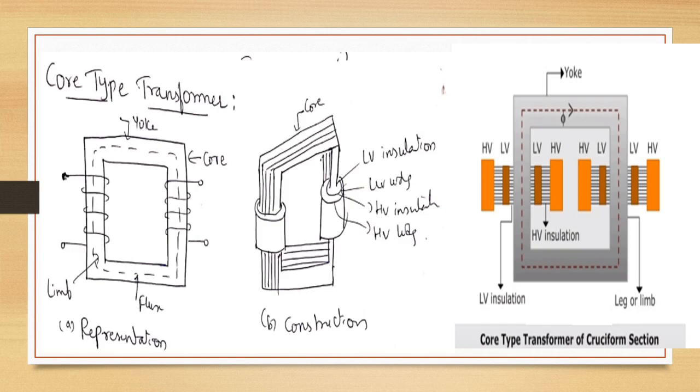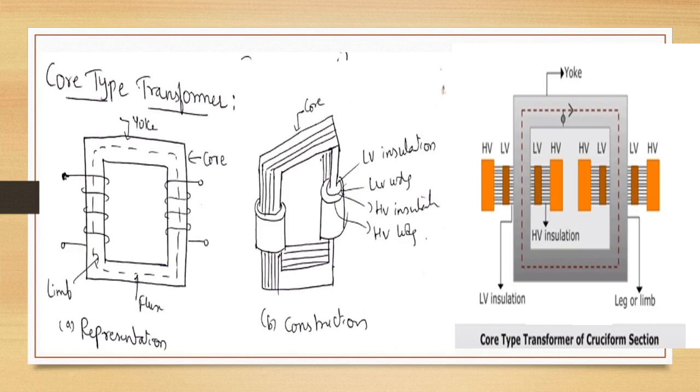The core is made up of laminations, and because of laminated type of construction, eddy current losses will get minimized. Generally high grade silicon steel laminations, having thickness of 0.3 to 0.5 mm, are used, and these laminations are insulated from each other by using insulation like varnish. All laminations will be varnished, and laminations are overlapped so as to avoid the air gap at the joints. L-shaped or I-shaped laminations will be used.